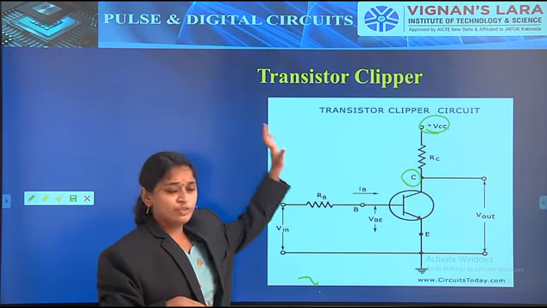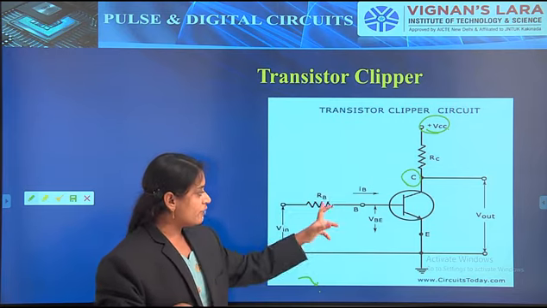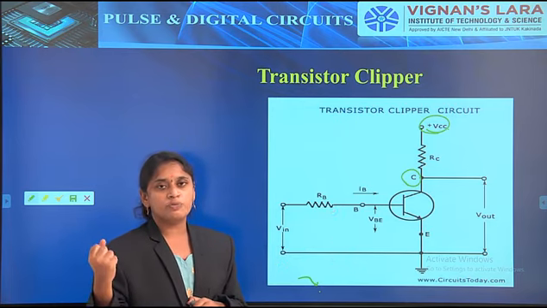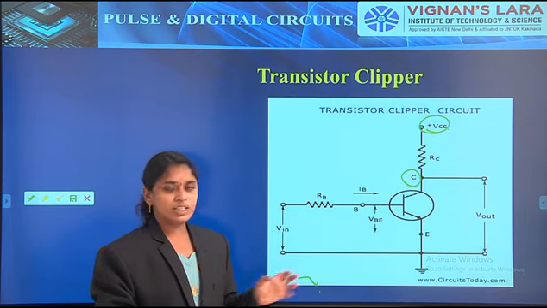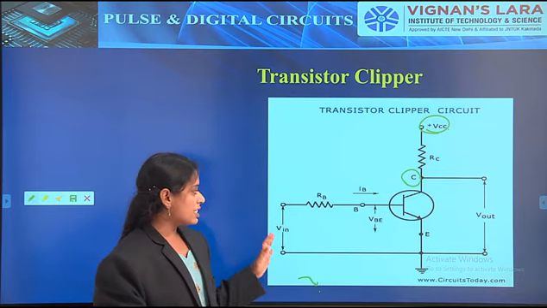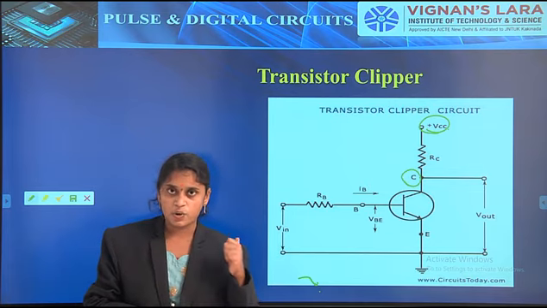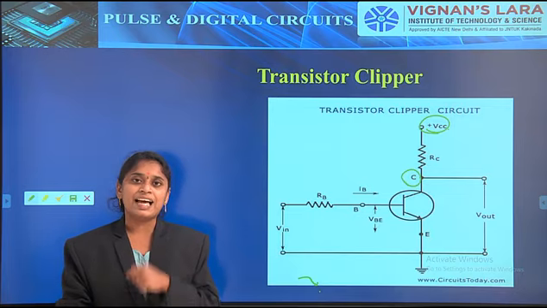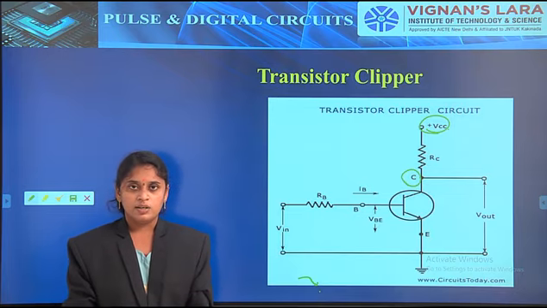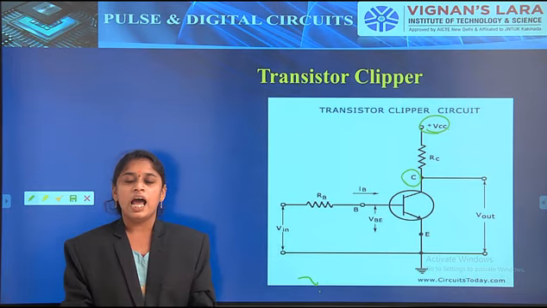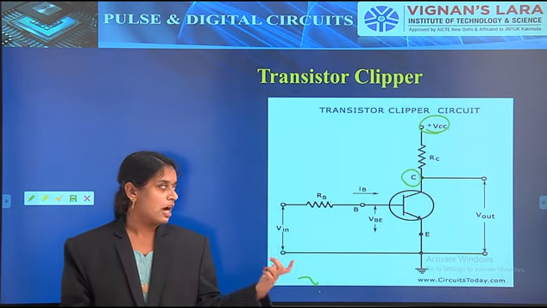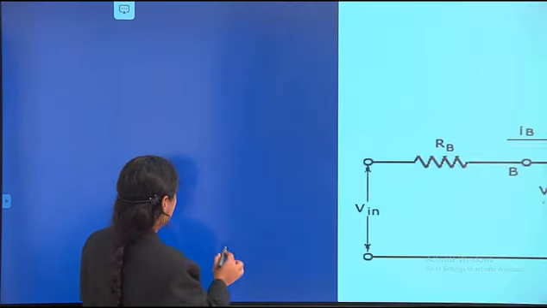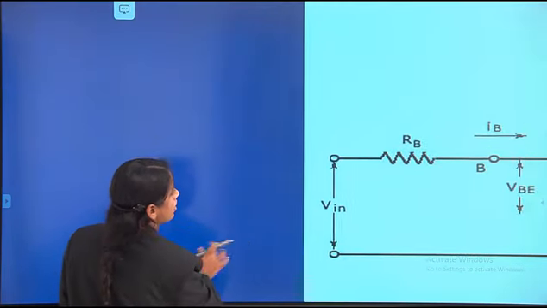What is the condition for the transistor to be on? First we have to check the VBE condition. For the transistor on condition, we have to know the condition of VBE, and then only we can discuss further. As we know, this is a non-linear wave shaping circuit, so the input must be a sinusoidal signal, and we observe what the output condition is.